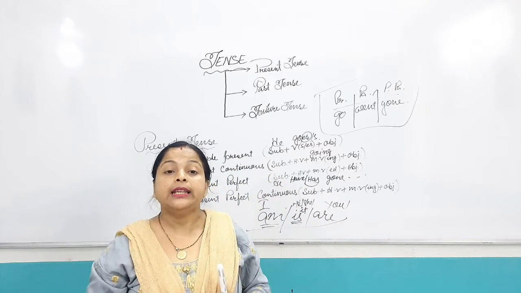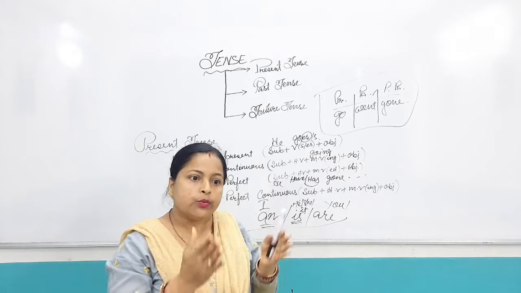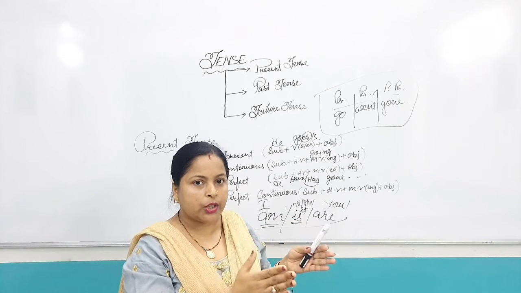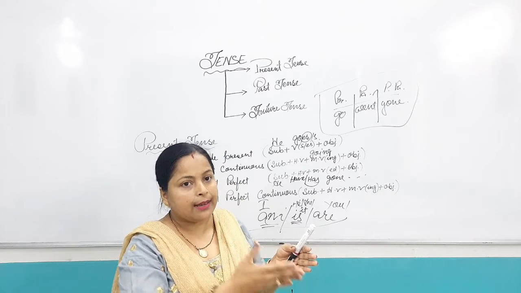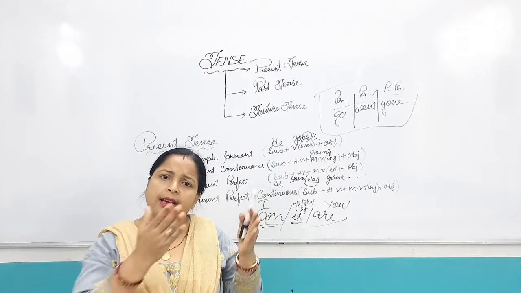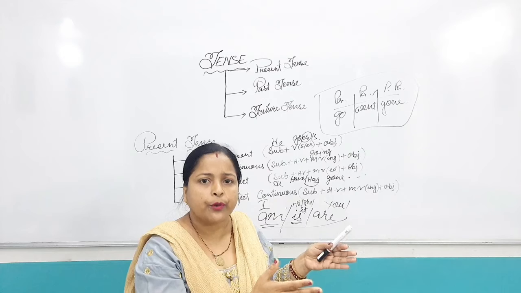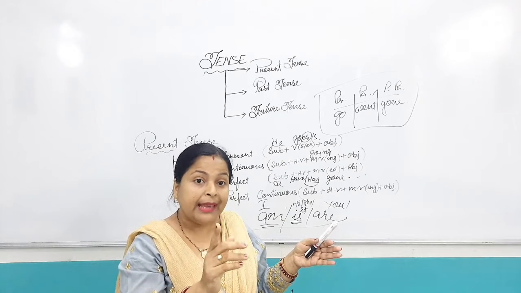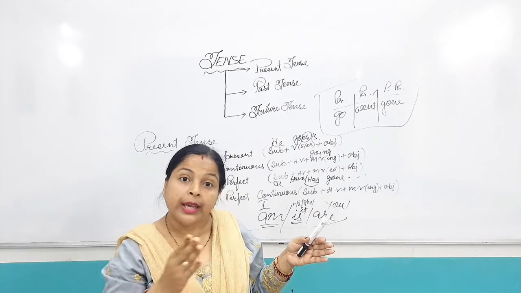It is not mandatory that it be 1 year before. If any action has started and it is continuing, it will be termed present perfect continuous. It may start 1 year or 1 decade before, but the main thing is the action should be